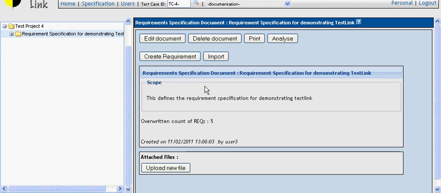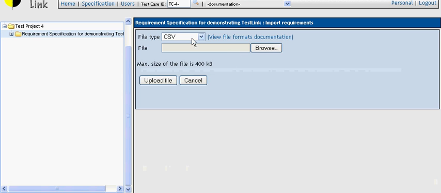Now we can create the requirement from within TestLink, but in the usual scenario you may want to import it from another document. TestLink allows that, and this is what we are going to do. So we click on import, and this is going to be in a CSV file format.